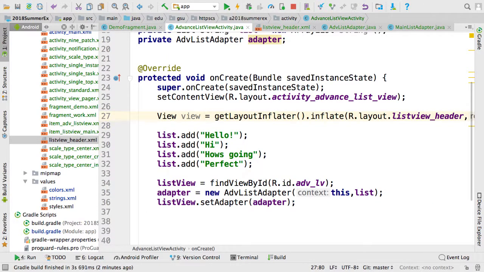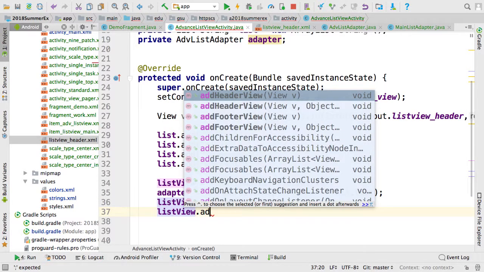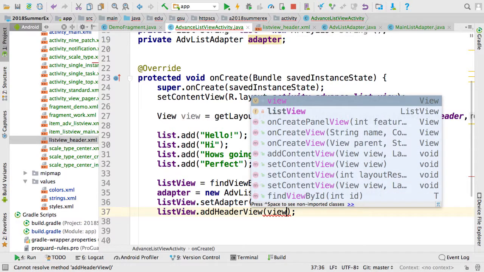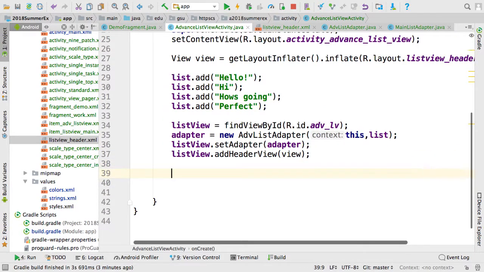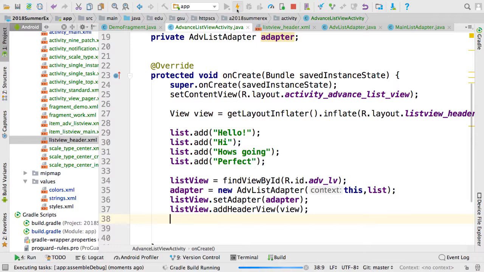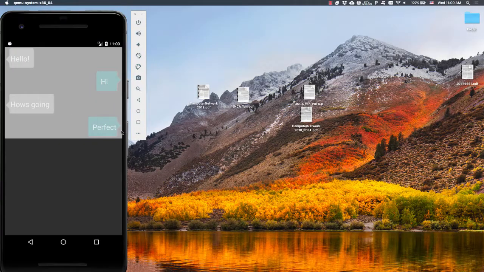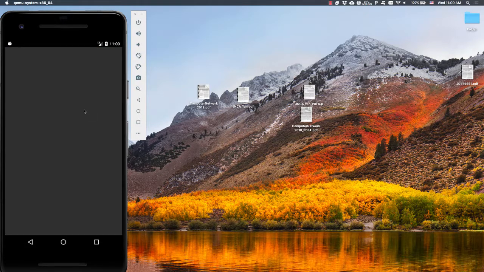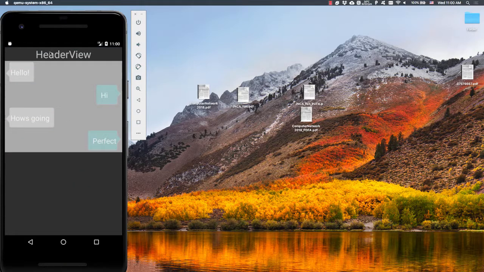So after we give the list view adapter, then listView.addHeaderView, then the view. If we can see a header view here,